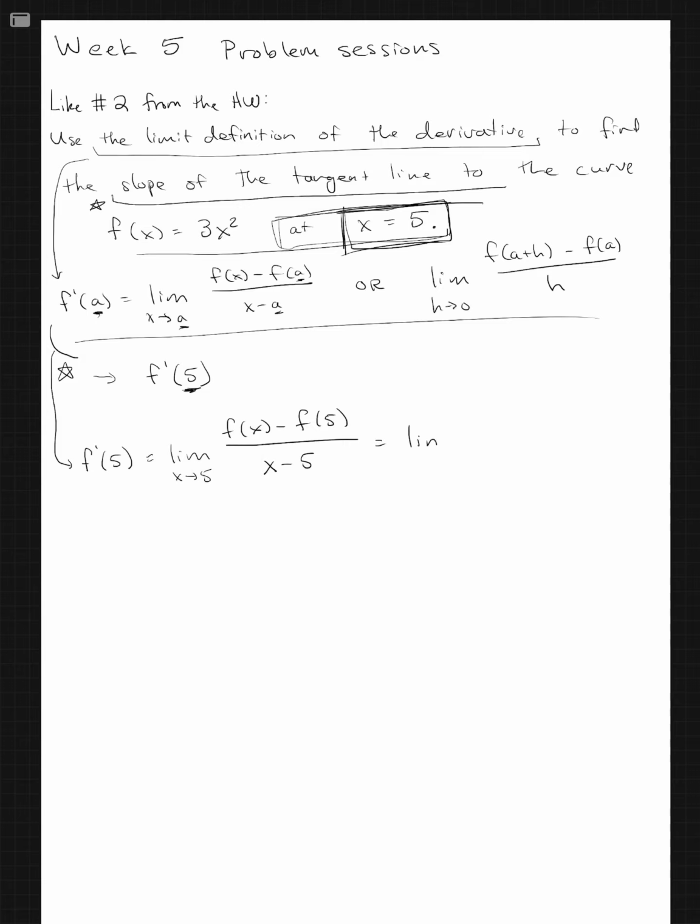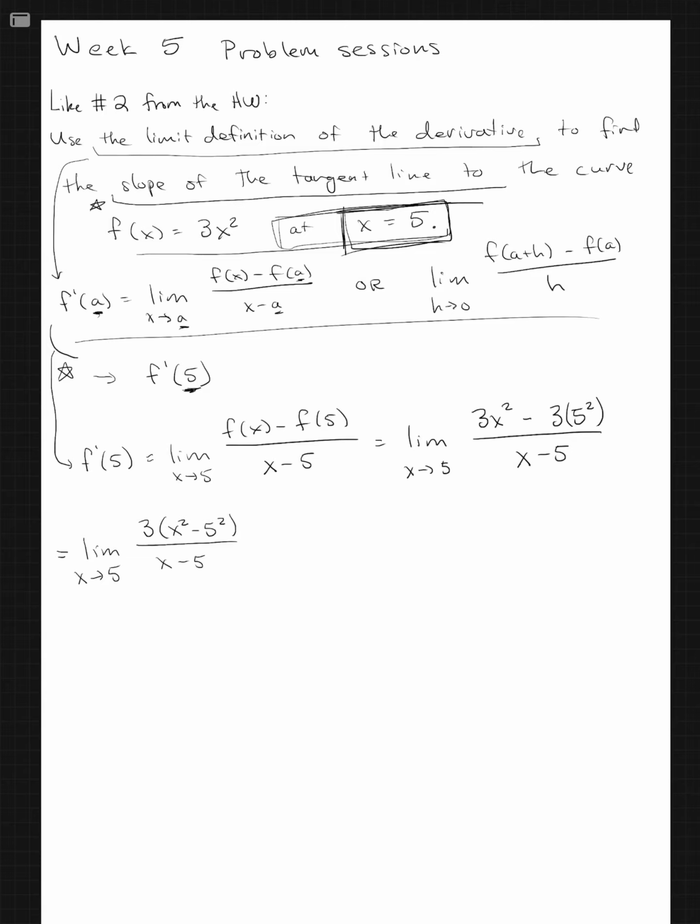And to do that, we need to plug in. So f of x is just 3x squared. f of 5 is 3 times 5 squared, all over x minus 5. Now, our primary way of dealing with indeterminate limits algebraically is to factor, right? And so there's one easy factor that we can see up top there. The bottom, there's not really anything we can do. It's about as factored as it comes. But we can pull a 3 out up top,